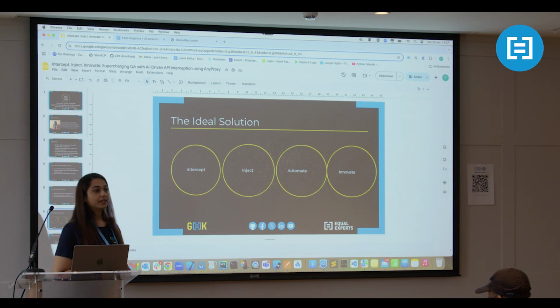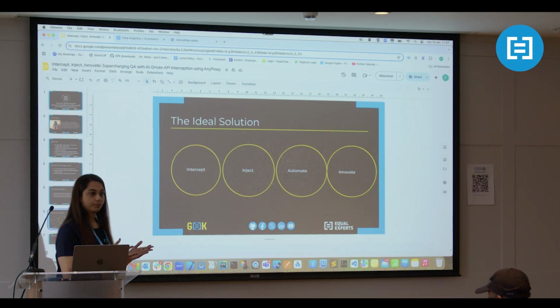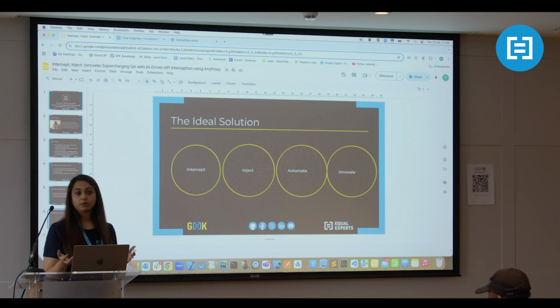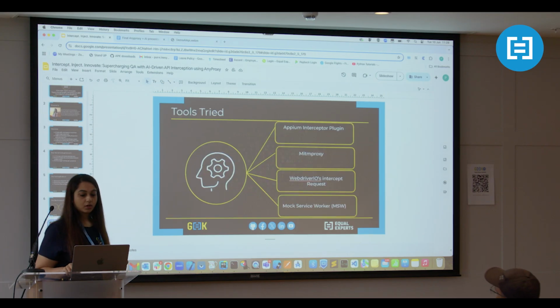I'm not doing anything manually. It will start a proxy, stop a proxy, and in between inject whatever mock response or mock response codes that you want, and give you the UI that you want to test. And we are anyway automating it using our UI test tools. So that was the ideal solution. There were tools tried.